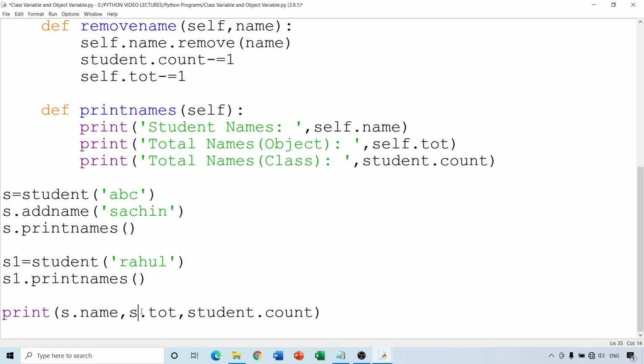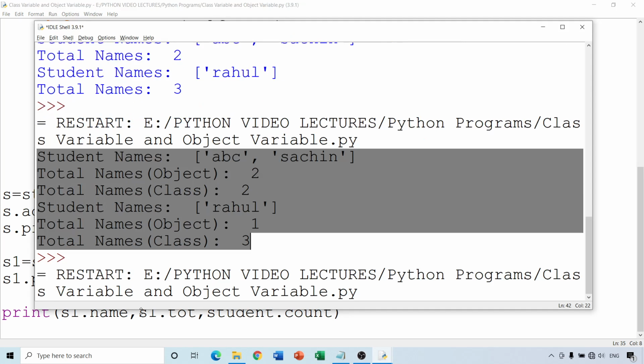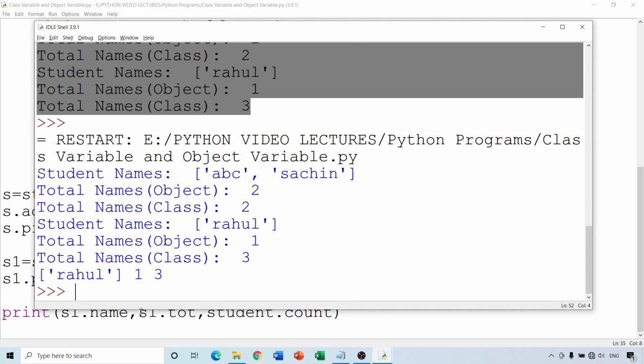And if I want to check correctly, I should be using S1 and not S, because in S both things are the same. In fact, there will be a difference, but let us use S1. So can you observe Rahul 1 and 3? Because in the S1 object there is only one name, and we can print it directly as well: S1 dot tot and student dot count.